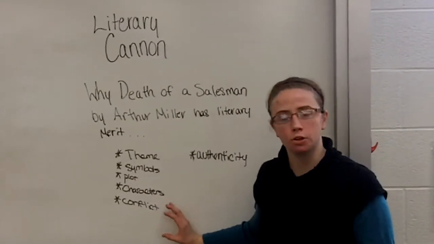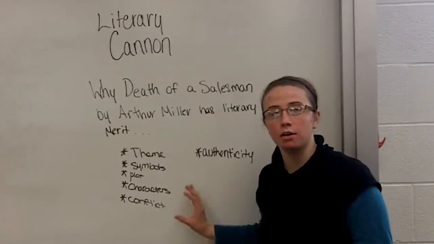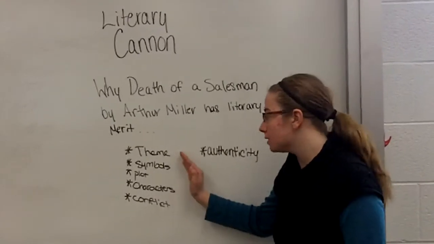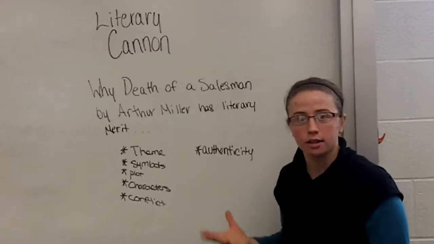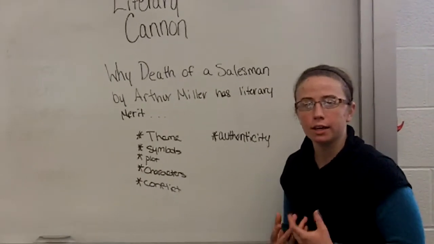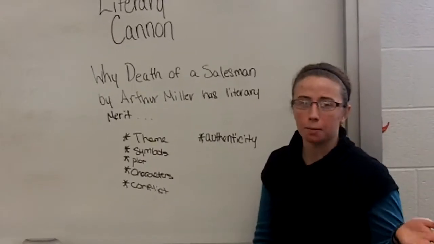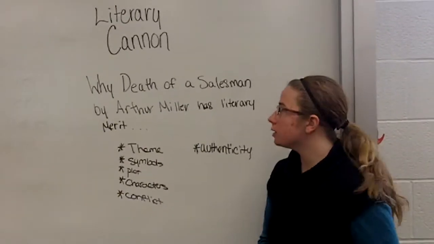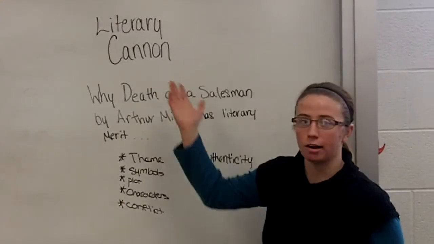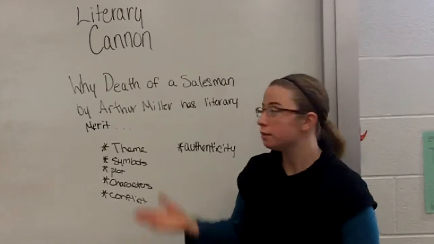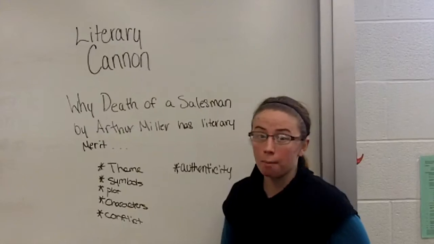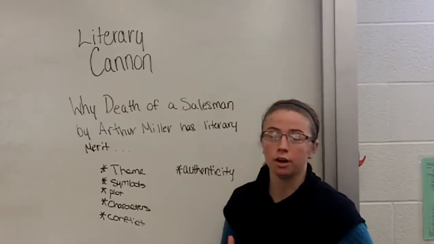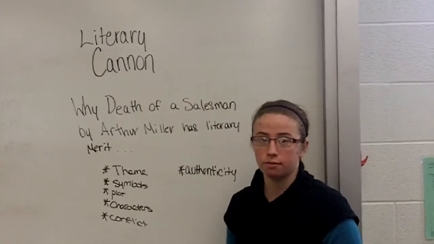And then having the conflict throughout that really not only tells the message of the story, but brings it back to theme. And then it's just an authentic story with an authentic dialect, and it's really the dialogue, because it dominates the entire play, is also very strong. So making it into the literary canon is writing a story with merit such as Arthur Miller, a story that has multiple facets in a small amount of writing that really shows that you have a good handle on these literary terms and